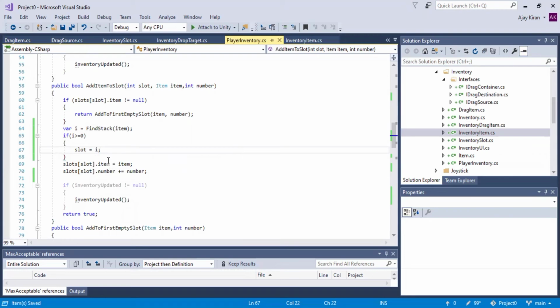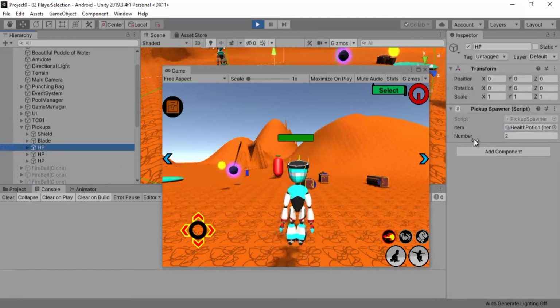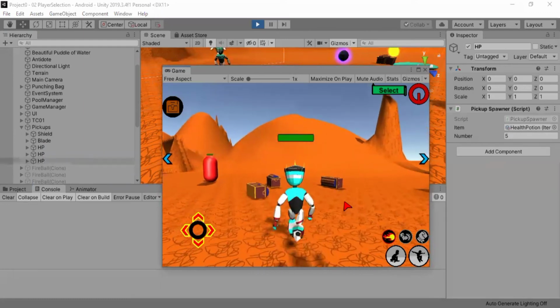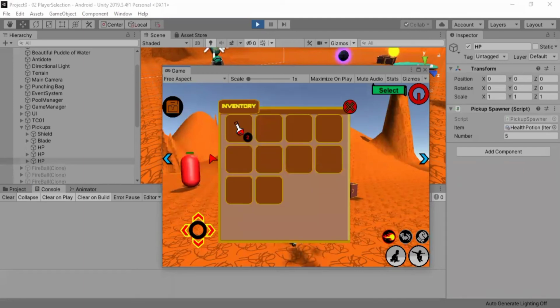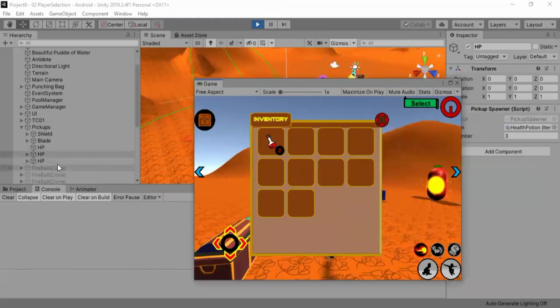So now let's go back to Unity and check this out. Now back in Unity, I have added a few more pickups, the HP ones, and in this we have two HP potions. Here we have three, and here we have five. So let's go ahead, try to pick them up and see what happens. So I hope this is an HP potion, and if we pick this up, we are gonna get two health potions in our inventory. Now that's a health potion,